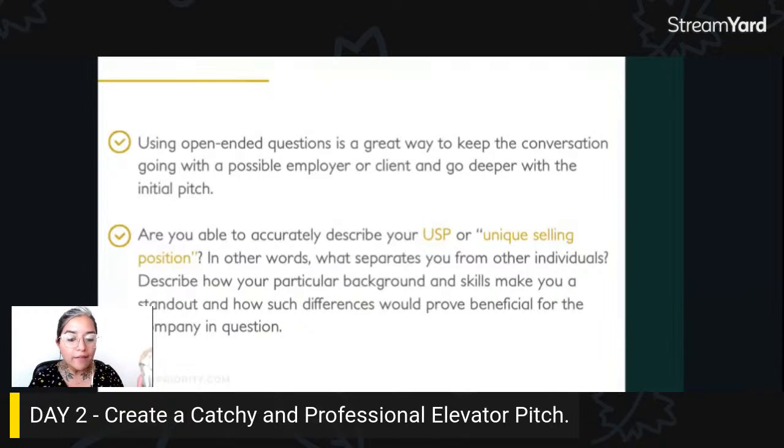People call it elevator pitch, but I prefer to call it the personal brand statement, because this is who you are as a person. This is how you introduce yourself to others. So having clear what your unique selling position or proposition is, is extremely important. So maybe you are an executive assistant. But what makes you different from all the other assistants?